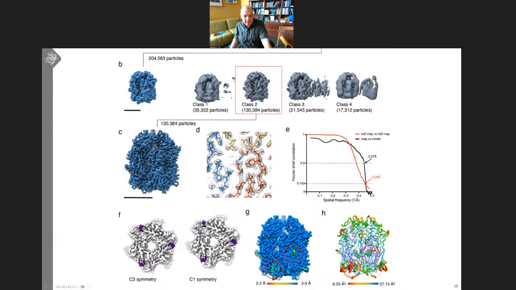One thing that was immediately obvious, first of all, when we looked at the map, there was a lower local resolution in these regions that are colored here. And then after fitting the model, the atomic B factors were much higher in what turns out to be the N-terminal helix of D13, which had a much higher B factor, temperature factor. So indicating that it wasn't very well coordinated and rather floppily attached to the sides of this trimer.